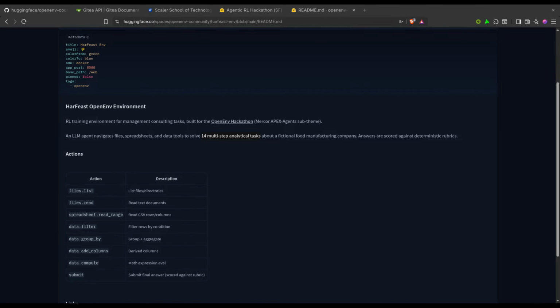Okay, I think I have done most of the things. Next task, not user management. Where were we? Okay, so it is using 14 multi-step analysis tasks.